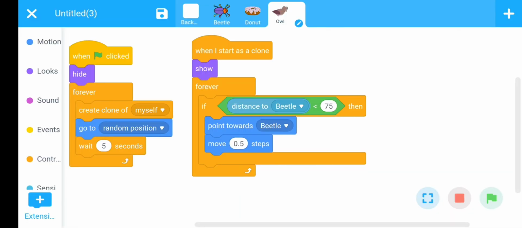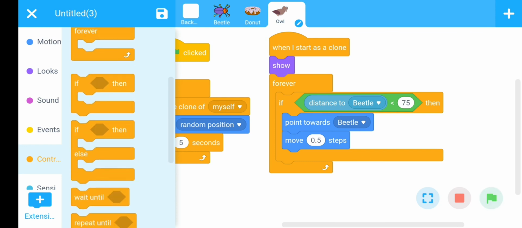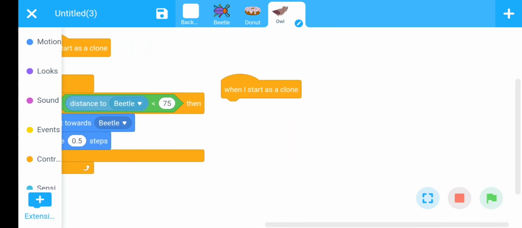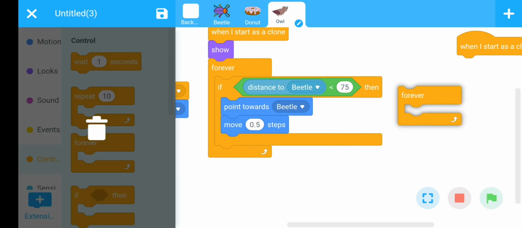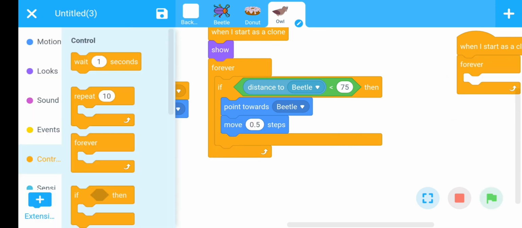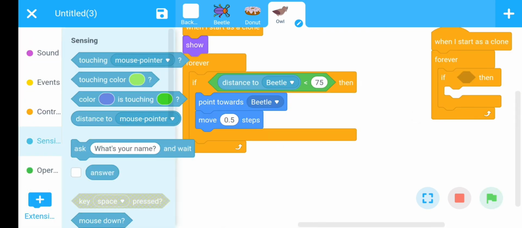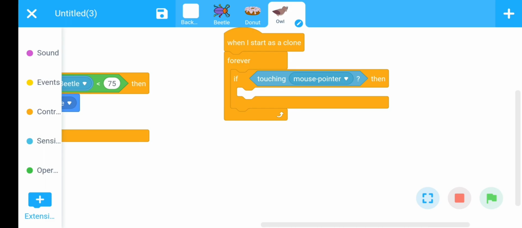Now one last step is remaining here. Whenever the owl touches the beetle, our game should be over. Again go to the control section, use when I start as a clone, use a forever loop here, use an if then block also here, then the sensing section, touching. Whenever the owl touches the beetle,